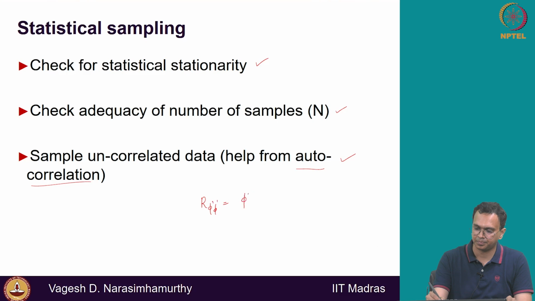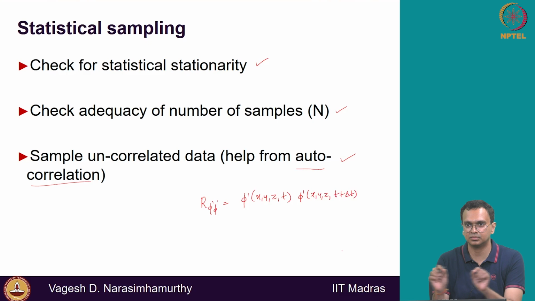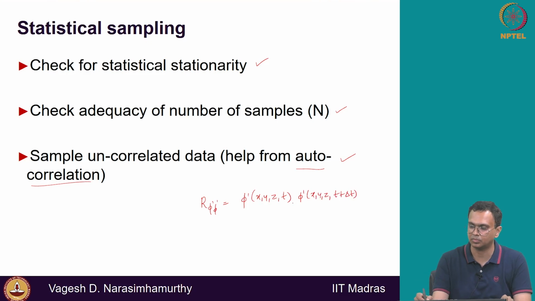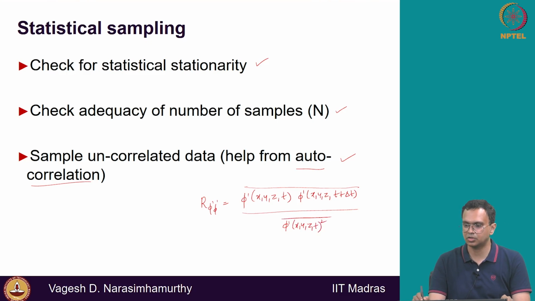I'm just showing you phi prime of X, Y, Z, T and phi prime of X, Y, Z, T plus delta T, at the same location, with the spacing changing in time now, averaged, divided by phi prime of X, Y, Z, T squared, averaged. So autocorrelation is also something you have to look at; that will give you how long you have to wait before